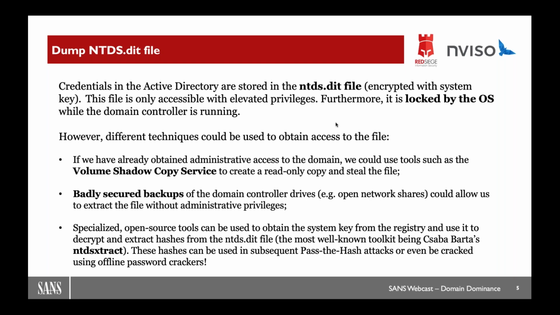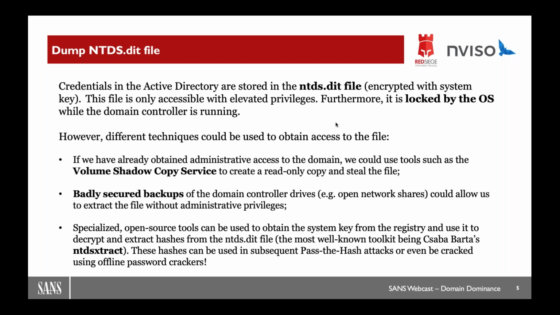What are the Active Directory secrets? It's, of course, the password hashes of the users and of the different accounts that are available, and the Kerberos encryption keys. So once you obtain those, well, then you, of course, obtain access to every single user in the environment. So how can we achieve this? Well, once we get access to the domain controller, a very often seen trick is that we try to exfiltrate the ntds.dit file, which is typically in C:\Windows\NTDS\ntds.dit.